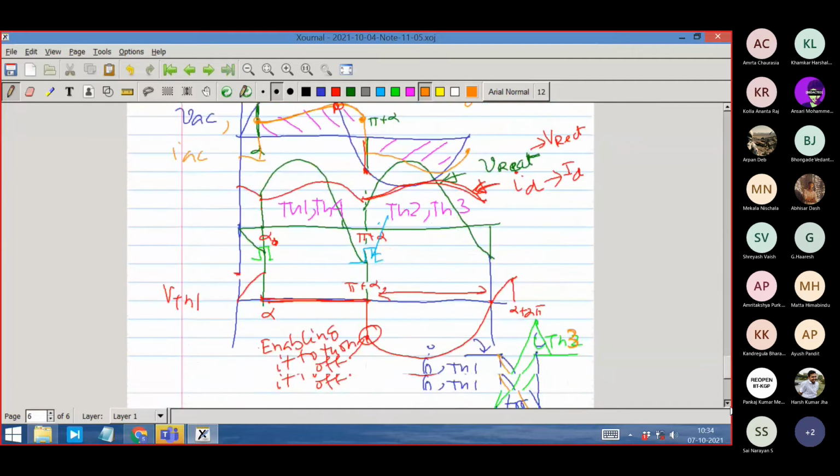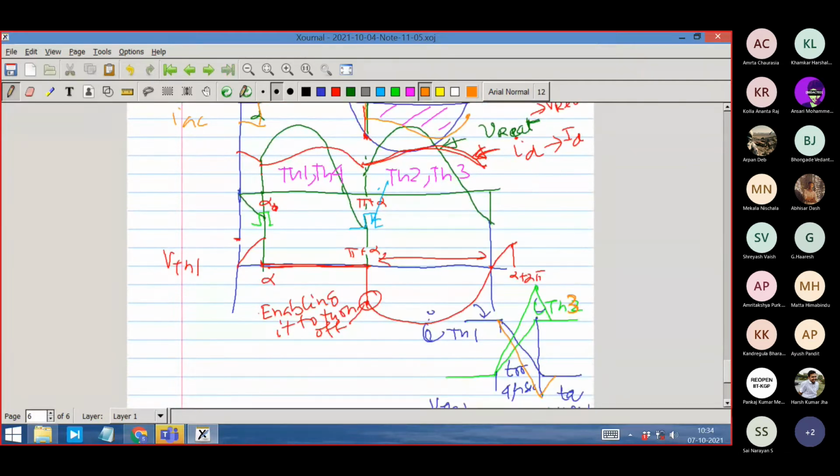because there is a requirement of TQ for which this thyristor has to be kept in a state where voltage across it is negative after turn off. Otherwise, the thyristor will switch back to the on state and commutation failure will happen. Okay, right. So here there is not much chance.